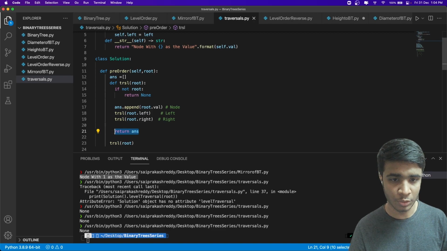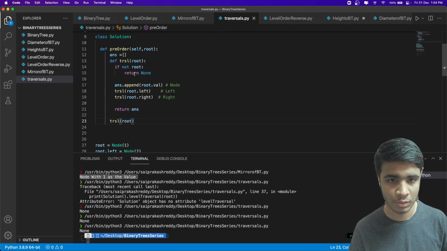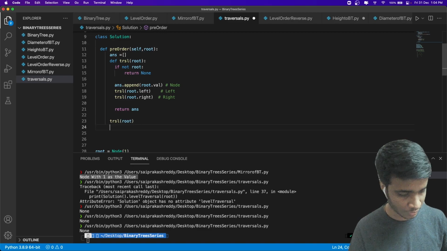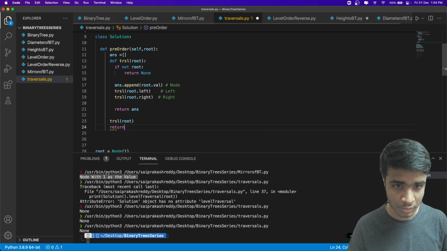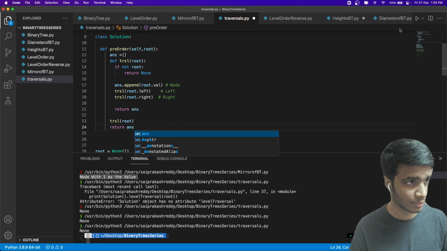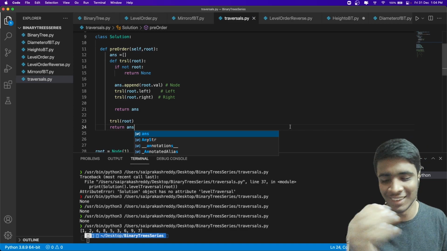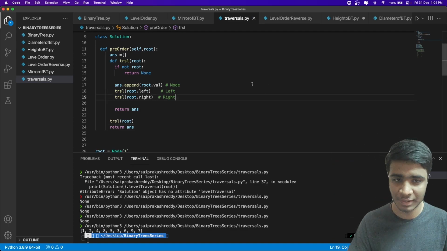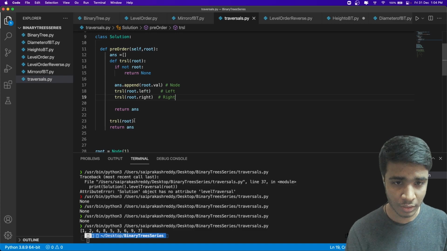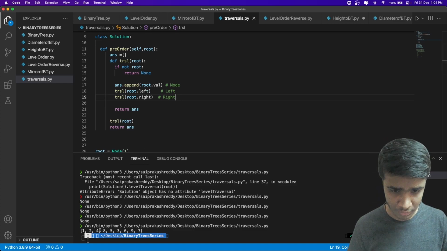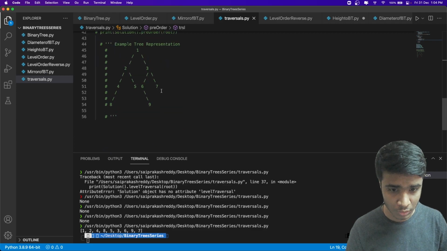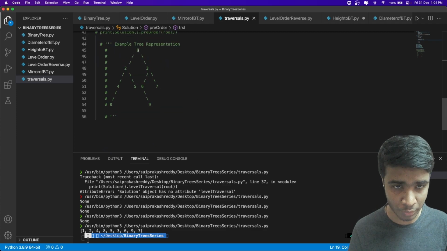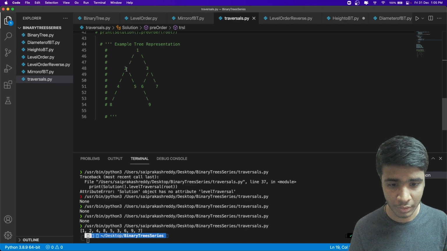Okay, I don't think we need to return anything, right? Okay. We aren't returning anything from the main array itself. Okay, we have to return answer here. Once I return answer, then it should be yes. I forgot to return it. That happens actually. Sometimes it happens. So basically, when I return the answer, it is in the pre-order, right? So it first traverses the root, sorry, node, then left, then right. That's how pre-order works, right?